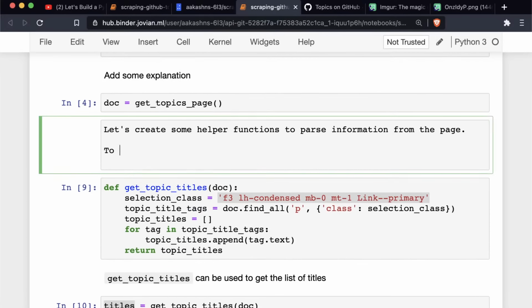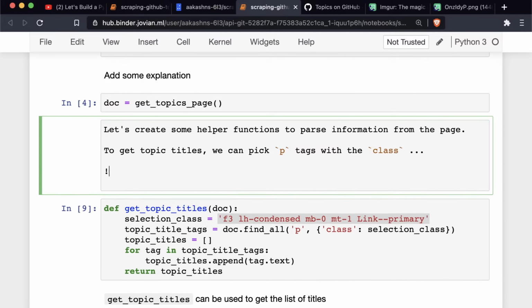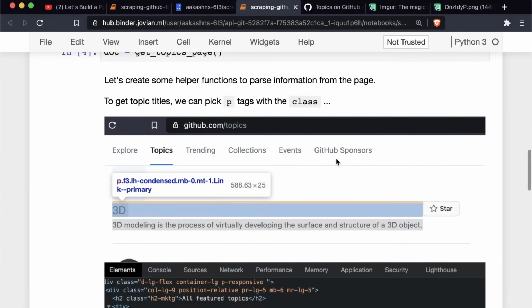And you can add some explanation about how to get topic titles. We can pick p tags with the class, and of course whatever class it is, and then you can just show that as a screenshot. You can even talk a little bit about developer tools if you want. So the thing is, you decide how much detail you want to get into in your explanation and who you're